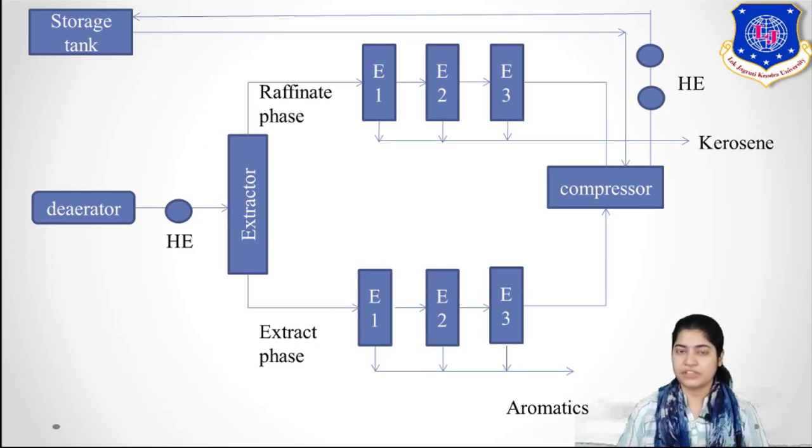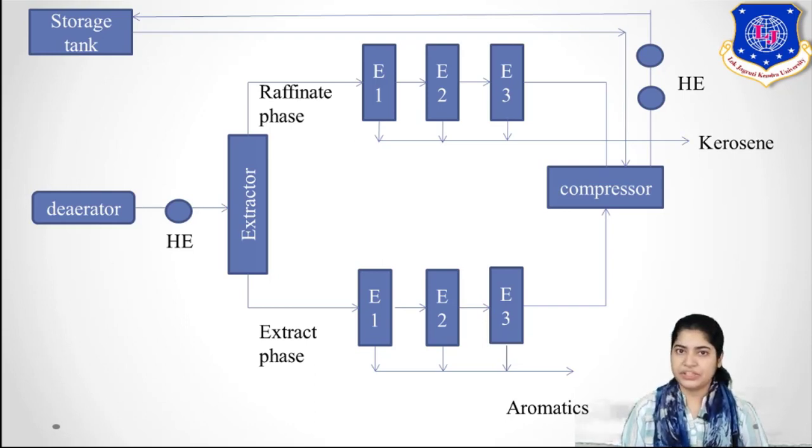Okay, so in the first evaporator, as your pressure is greater than critical pressure, your sulfur dioxide will remain in liquid phase, but your kerosene will vaporize. So you can see that more and more vaporization of kerosene is taking place. Similarly, in E2, as pressure reduces, from E1 you have taken out as much kerosene as possible in the form of vapors. Now in E2 you are reducing the pressure, so a little bit of vaporization of sulfur dioxide will also start. Here also a little bit of traces of kerosene are taken out.